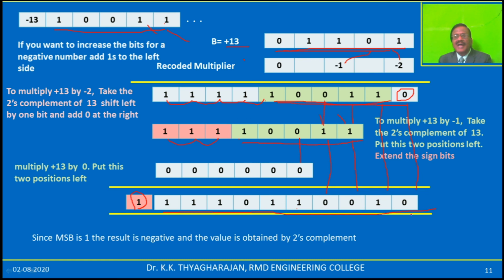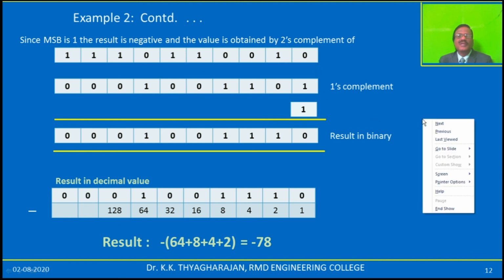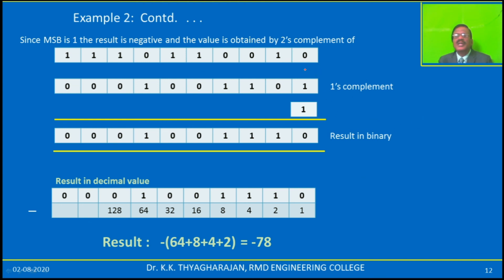To get the actual value in decimal, you have to take 2's complement of that result. That is, you leave that MSB 1, you take the remaining bits, and get 2's complement of that. So it will be like this: 0 1 0 0 is converted to 1 if you want to take 1's complement. 1 is 0, 0 is changed to 1, 0 is changed to 1, like that. So this is the 1's complement. You add 1, you will get 2's complement. So 1 plus 1 is 2, that means 0 here. Then there will be carry. You add that carry here, then 1, 1, all the things.